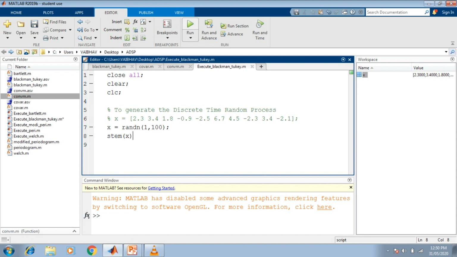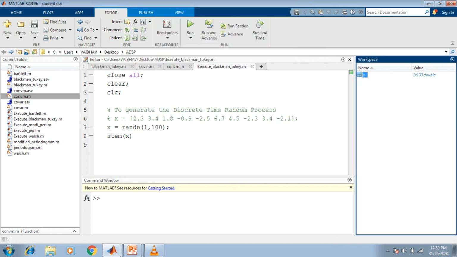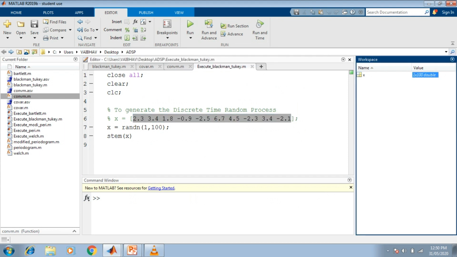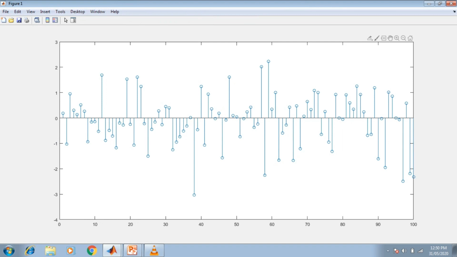Saving the changes and executing this program, you can see in the workspace the variable x that earlier had the dimensions of 10 samples only, as in the previous case, has now changed to the dimensions 1 by 100 of the type double here. And here we have the window that has its particular plot.